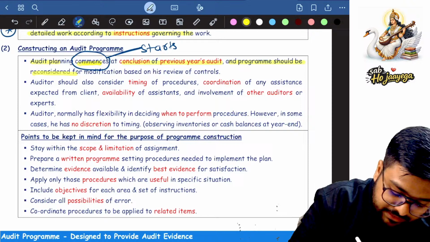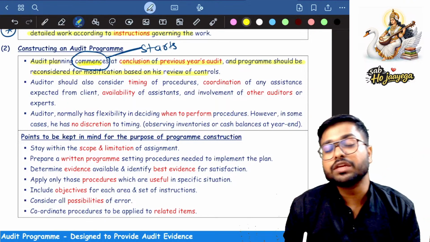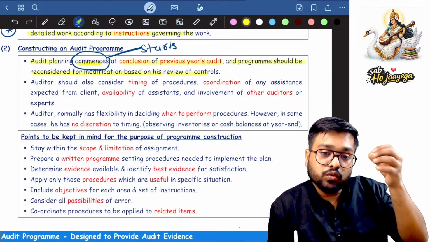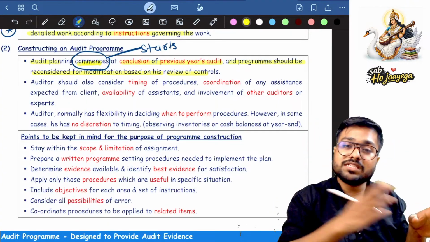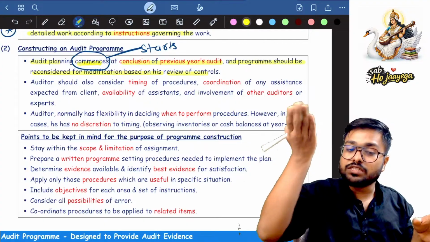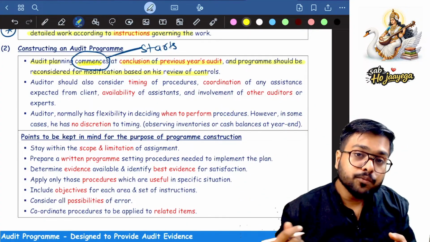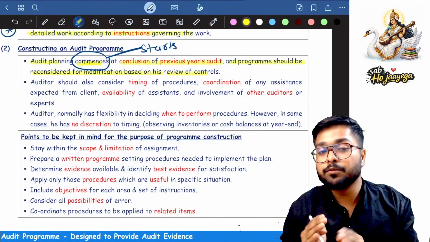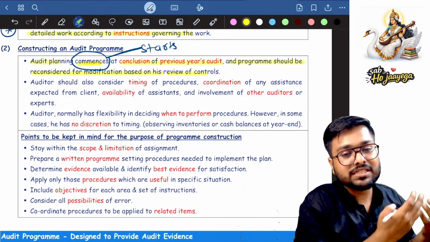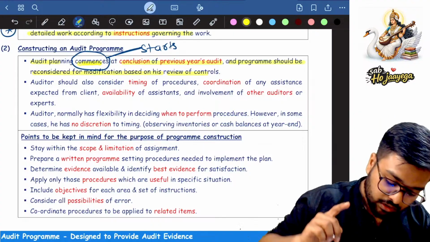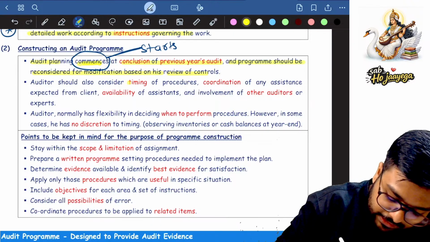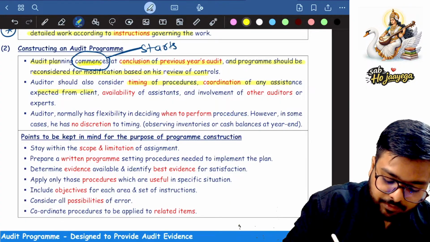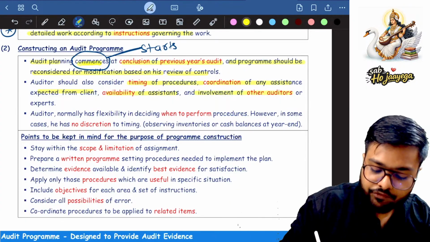the program should be reconsidered for modification based on review of control. If last year we found out that the controls were very bad, this year we need to do additional procedures, and all those procedures need to be included in the program. So we need to reconsider the program based on the previous year's review of internal control. Auditor should also consider timing of procedure, coordination of assistance expected from client, availability of assistants, and involvement of other